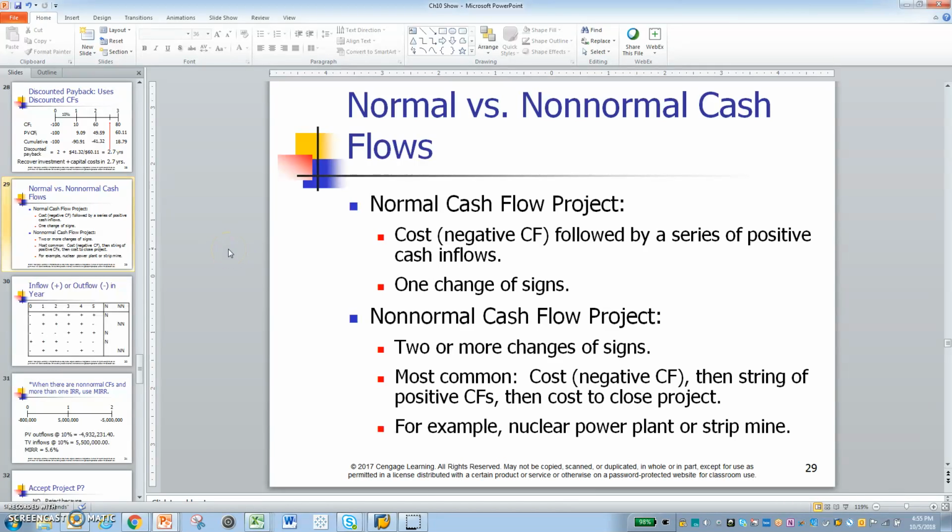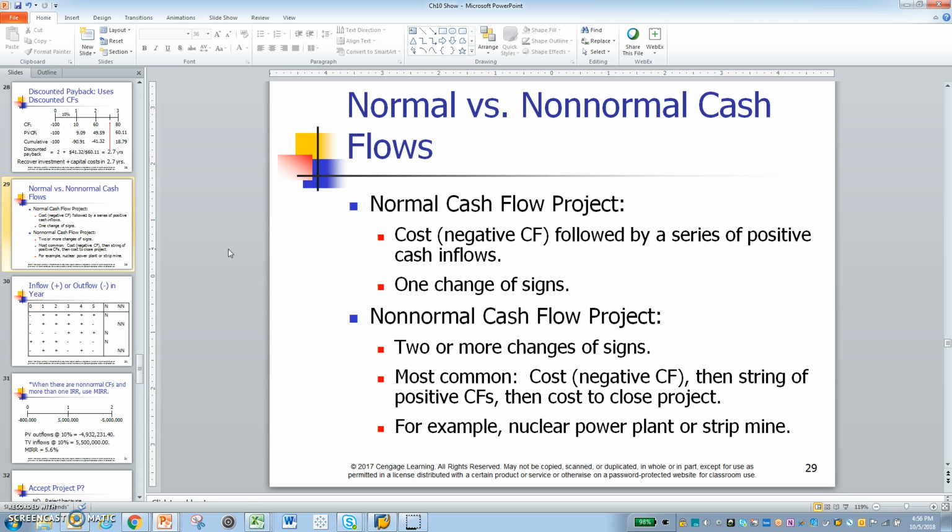Alright everyone, let's finish up chapter 10. So let's talk about normal and non-normal cash flows. Normal cash flows basically have a series of positive cash inflows. One change in sign: you have a negative at the beginning and then positive throughout the life of the project. When you have two or more changes, or a negative cash flow in a future year, that's going to be